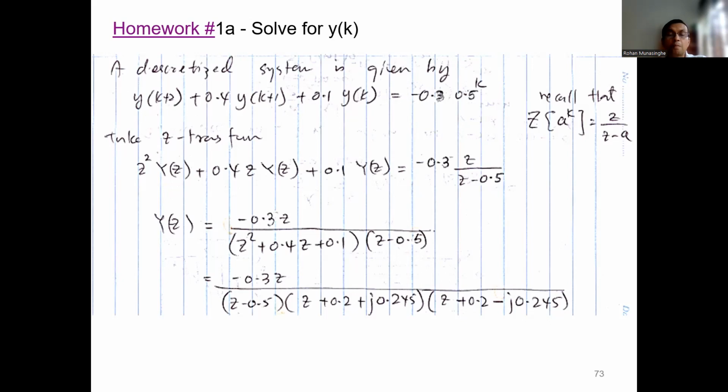So then what do we do? If you look at this one, minus 0.2 minus j 0.245 to the power k, this is a complex number. You can write this complex number using what's